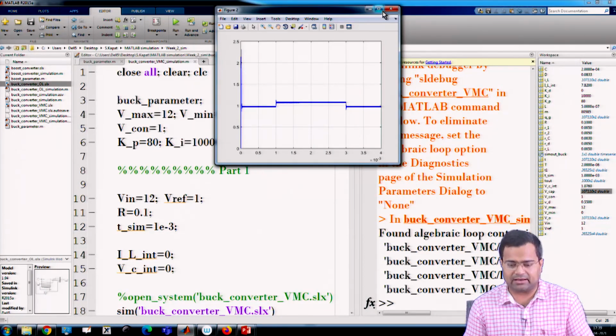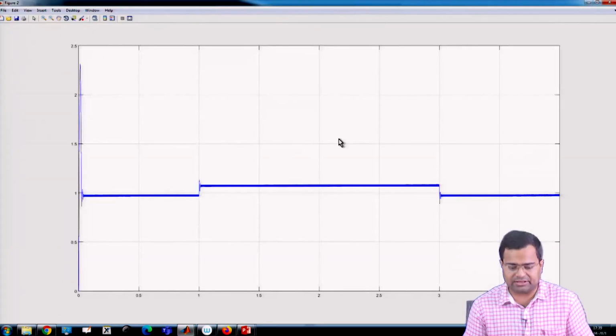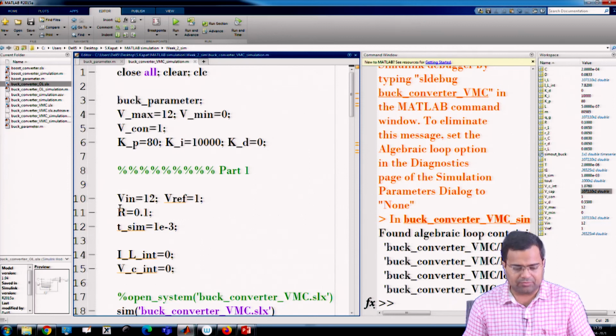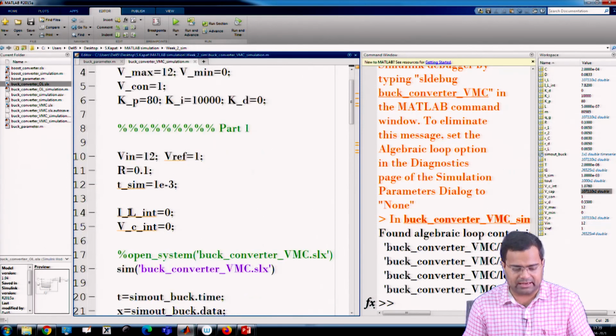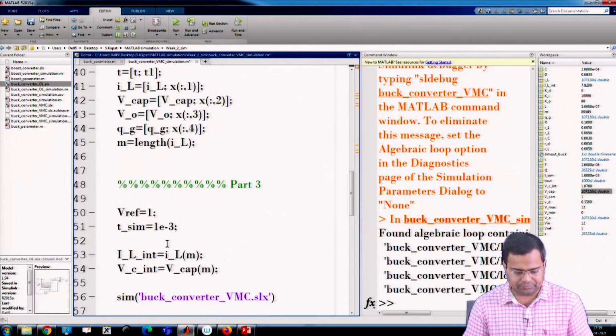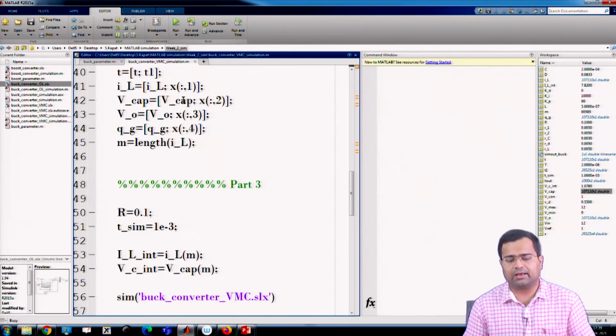So we can create this transient simulation case study, and here we can again change the load resistance. We have to see the load transient, R equal to 1 ohm, R equal to something else, and so on.